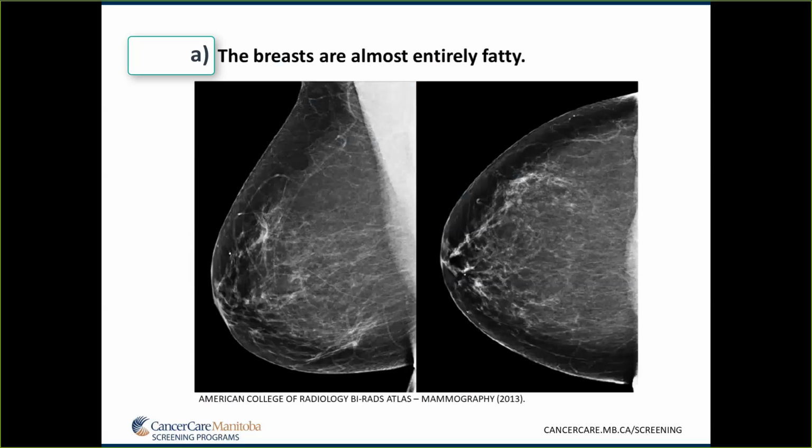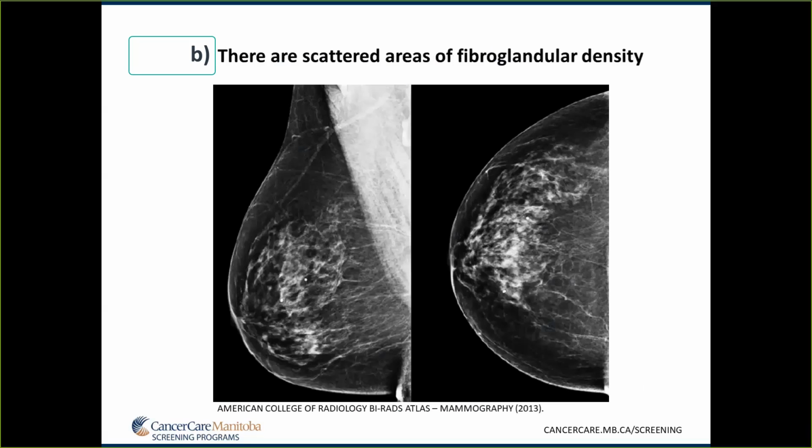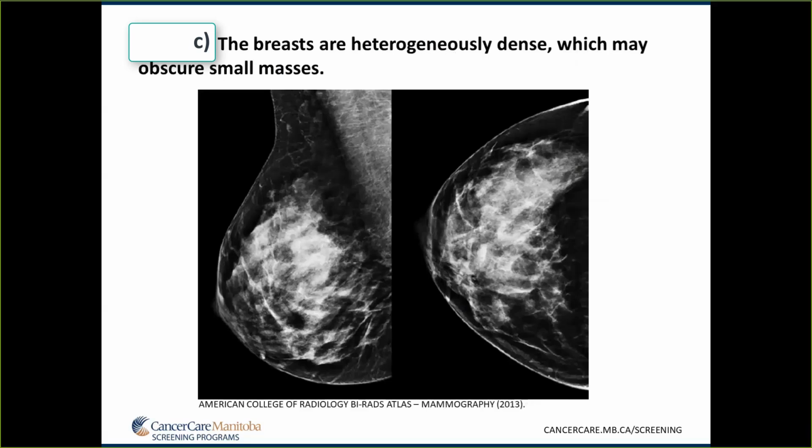Most breasts that are entirely fatty are quite lucent with very little white material exhibited. But it's also easy to see that it would be very unlikely to miss a cancer even as small as 5 millimeters or less within this pattern of breast tissue. Category B is that of scattered areas of fibroglandular density. So you can see it's just an increase in quantity compared to category A. Also, for the most part, it's still going to be relatively easy for the radiologist to be able to detect a cancer within this. Next is category C.